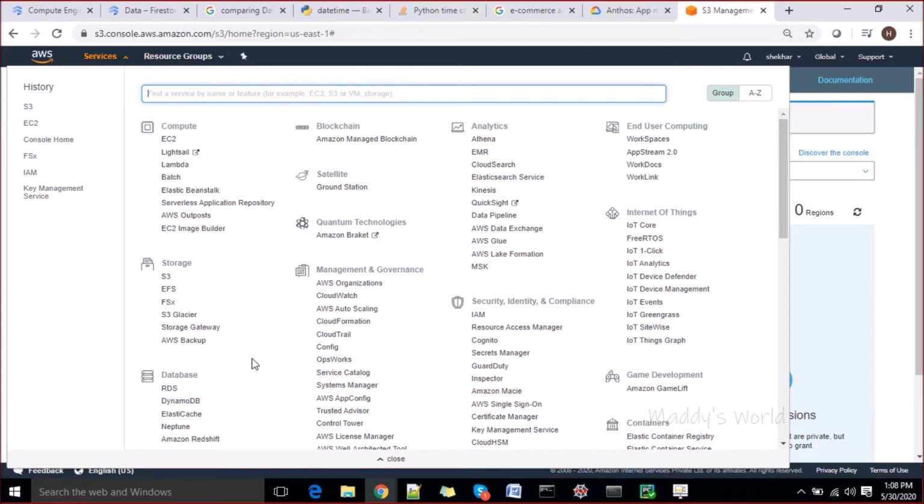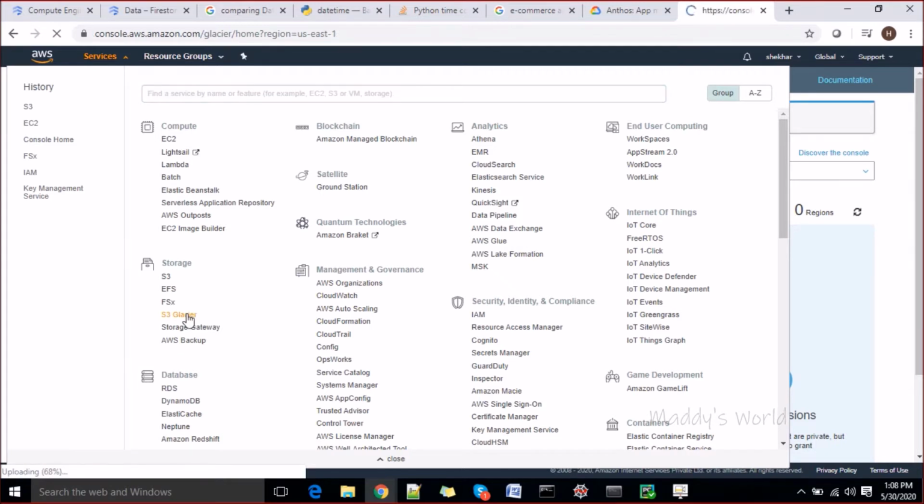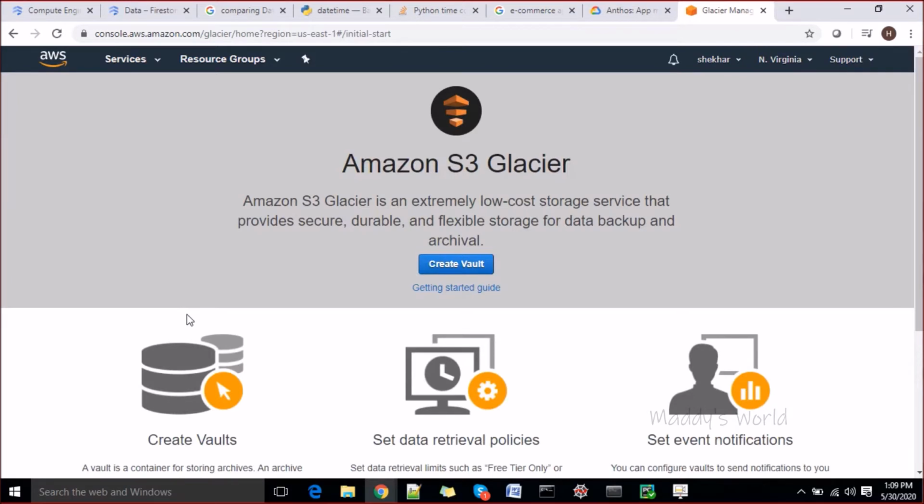When we were creating the S3 bucket and looking at the storage classes, you would have seen S3 Glacier there, S3 Glacier archive. So we can change our storage class. We can say that after this much time you can put your data in S3 Glacier, because it is not much costlier. But when you put your data in S3 Glacier, you can keep the data, but whenever you retrieve your data, it will charge you.